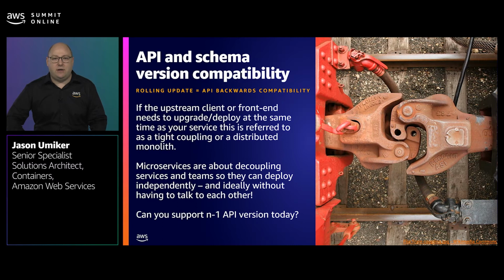If you can't deal with this situation of a client being able to talk to both the old and the new versions, then that's what we call a tight coupling, or a distributed monolith. This means that, like these train cars, if one service moves to a new API version, the other that depends on it has to move with it at the same time in lockstep. A tight coupling like this also means that any rollbacks require rolling back both services together as well, which can often delay or complicate your rollback when you need it to work the most. Since one of the main motivations for a microservices-based architecture is that these services can be run by different teams who can deploy their changes independently, this is less than ideal.